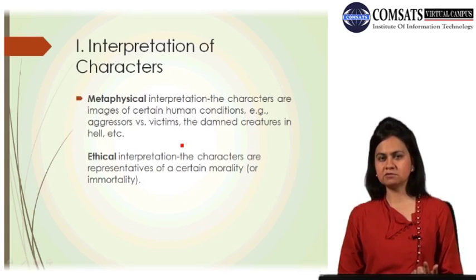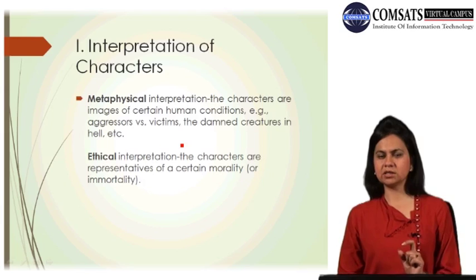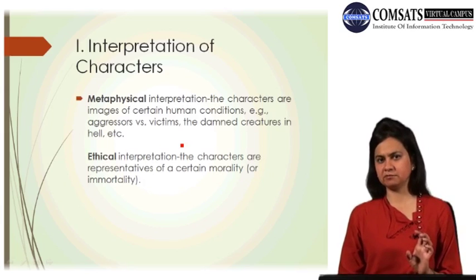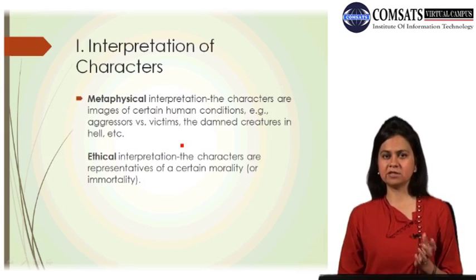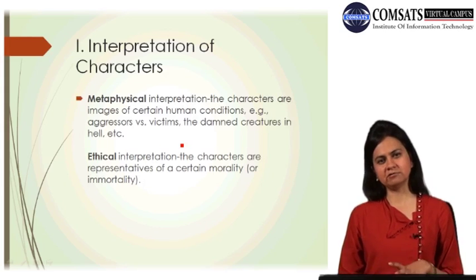In the third way of interpretation of characters, we look at them from the metaphysical perspective. With the help of the example of Eliot's poem, The Hollow Men, we see that characters represent themselves to be the victims, the sinners, the violators, the criminals that have disobeyed God and have turned themselves into skeletons, ghosts, and dead men while being alive.